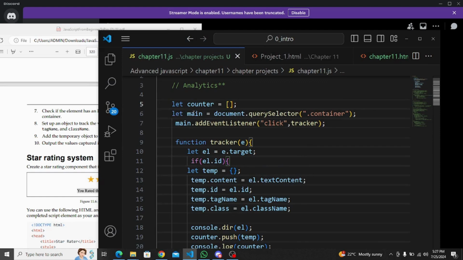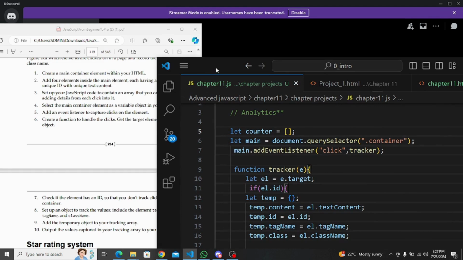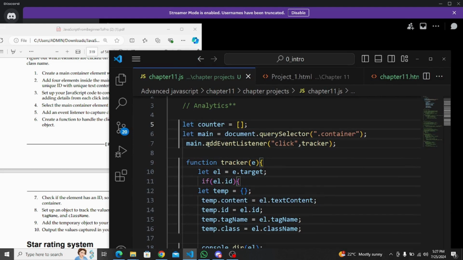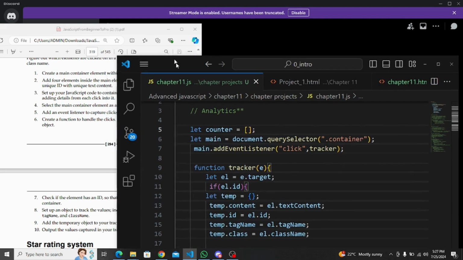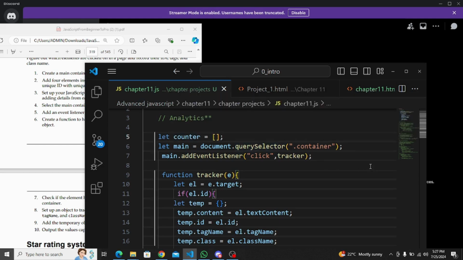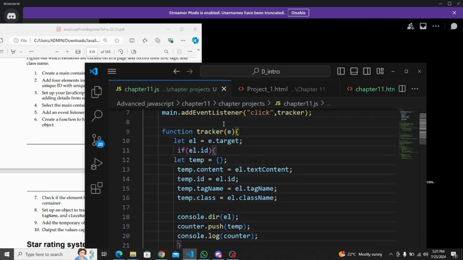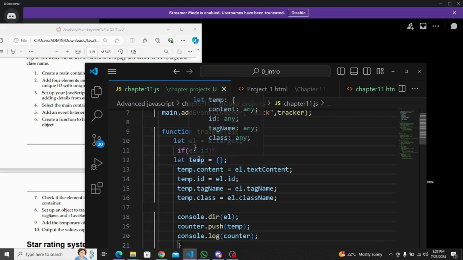And then that's what we did here. We said let counter equals an empty container, and then we created a main element with document.querySelector container, and then we said main.addEventListener for a click which will track all the clicks that we'll make, and then we created a function to track, and then